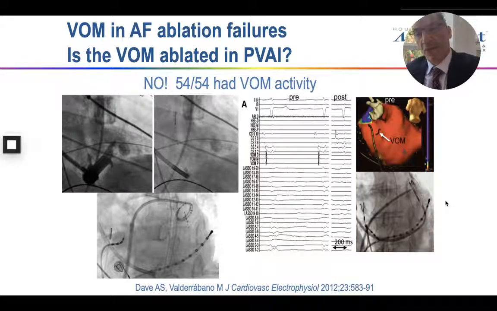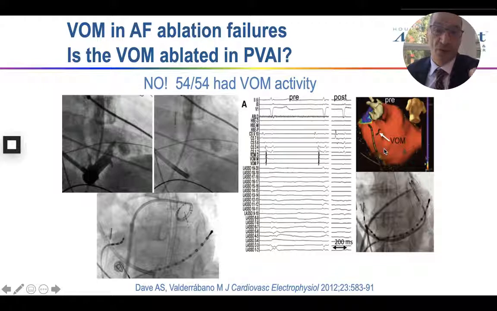We then tested a large series of patients that had failed a previous ablation to see if the vein of Marshall could be the reason for these ablation failures. And the first question we asked ourselves was whether the vein of Marshall could still have electrical activity even after extensive ablations. In a series of 54 patients that had been previously ablated, some of them with extensive ablation, you can see this voltage map of the endocardial left atrium showing all red, meaning no voltage. Even mapping with a lasso in the lateral wall showed no voltage,